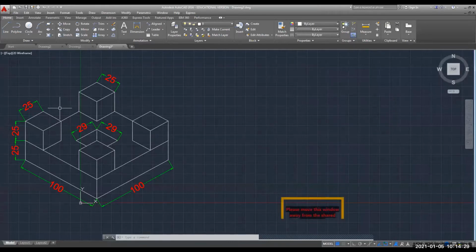Okay. So since this object is symmetrical, if the observer is looking at this object from any side, the front view will remain the same. So for any question, we need to see where the observer is situated.